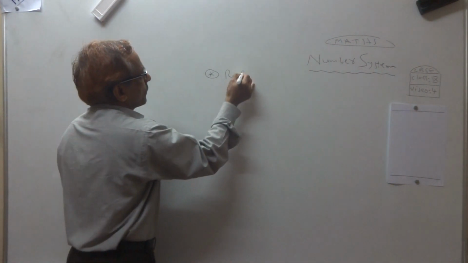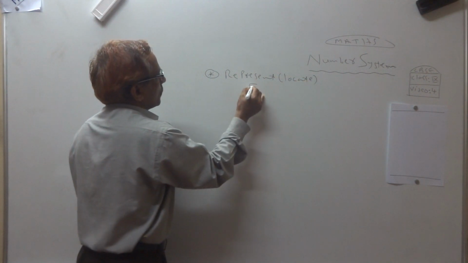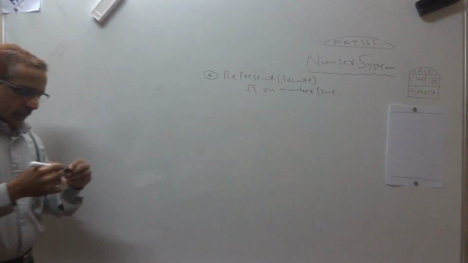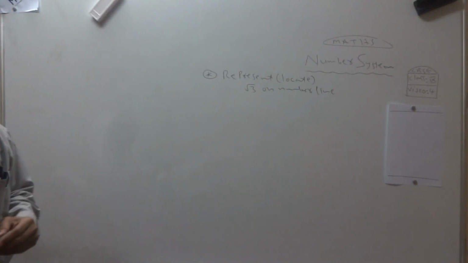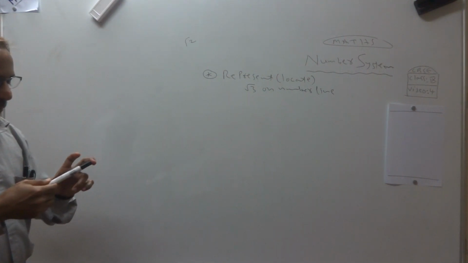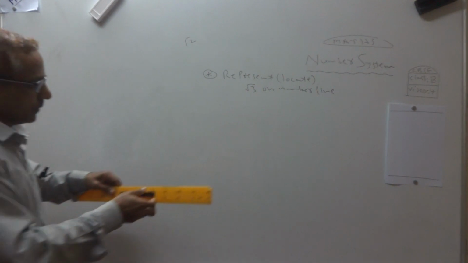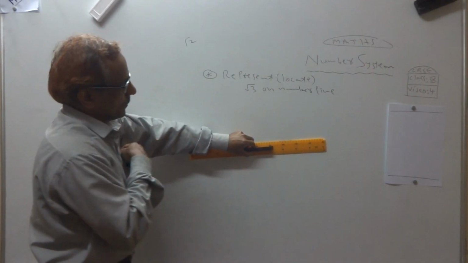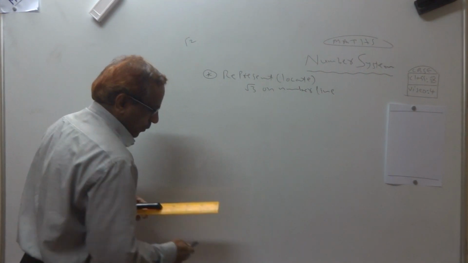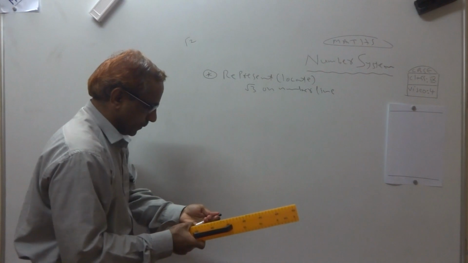Now today I am doing, or it can be said like this: locate root 3 on number line. See how we represent root 3 on number line. Last class we completed root 2 on a number line. Please understand the method. First we draw the number line. I will show you both the ways. I will use big scale, then I will use small scale also.